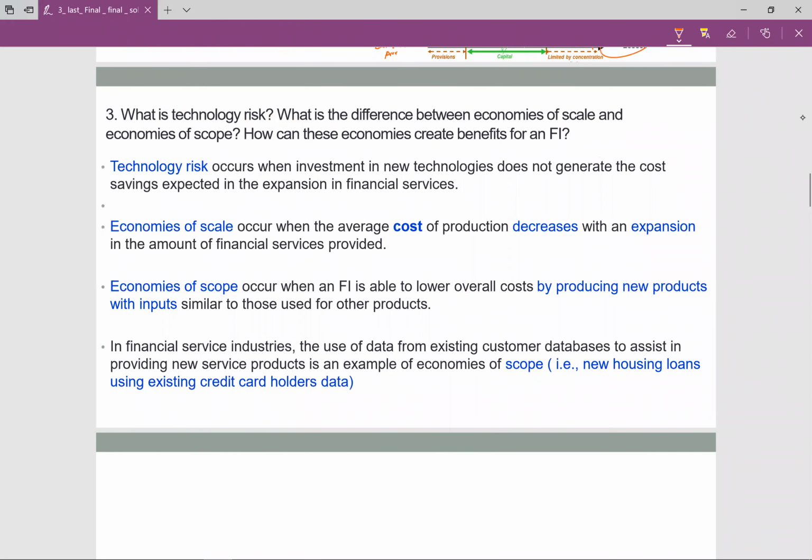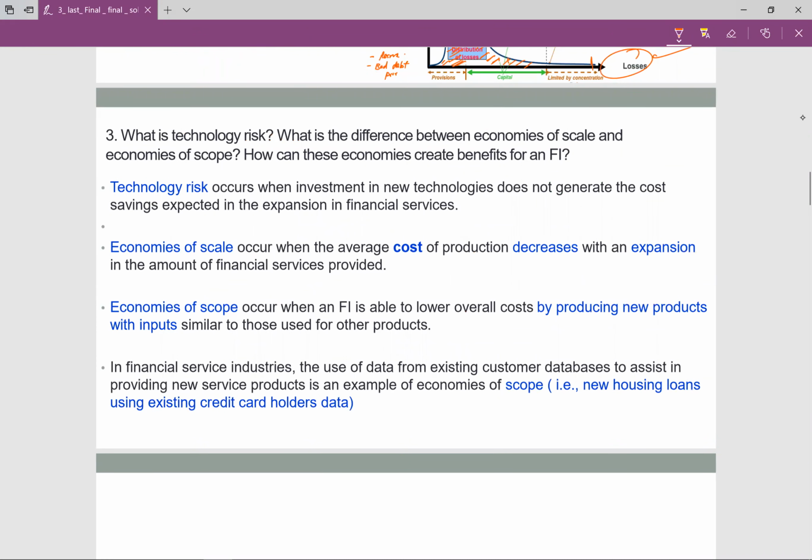Let's go to the third concept. What is technology risk? This is easy. My friends, you already know all these technologies. If we now have internet banking,